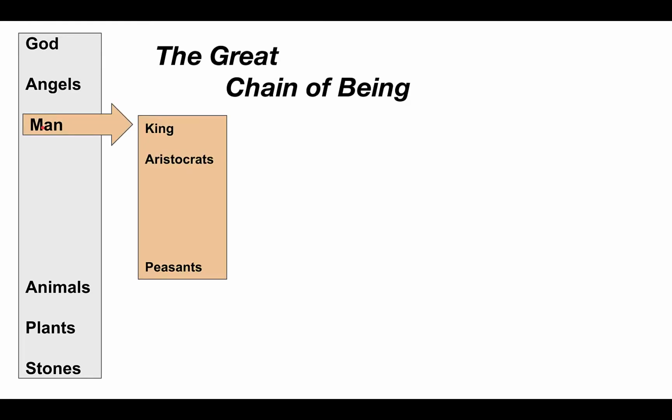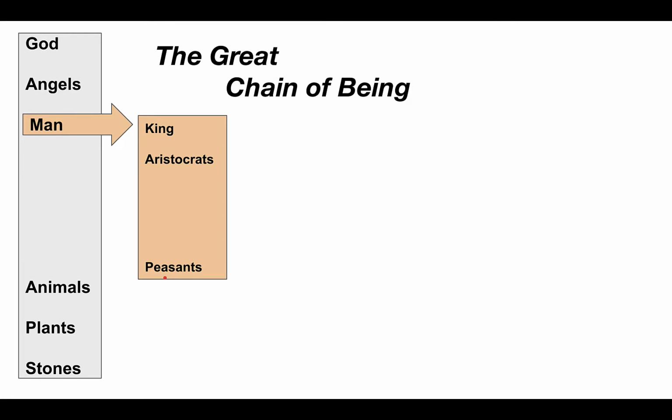There are 5 things to remember about this system. Those at the top of the hierarchy were closer to God than those at the bottom. Humankind is halfway down the chain, suspended between the angels and the animals. And apart from God, each of the ranks in this chain would be divided even further. Angels were divided into 9 ranks, the animals and the plants, and stone hierarchies could be similarly divided as well, and so with man. Man was divided up into kings, aristocrats, and peasants,